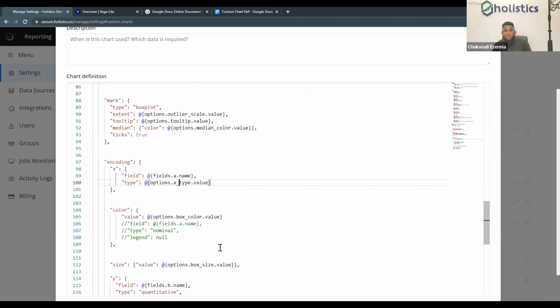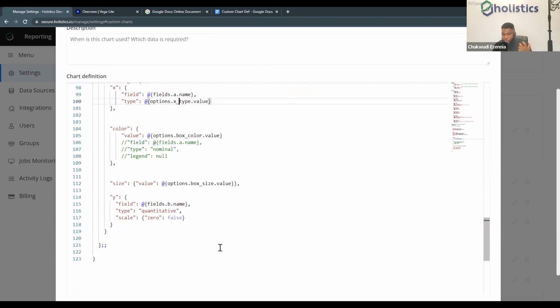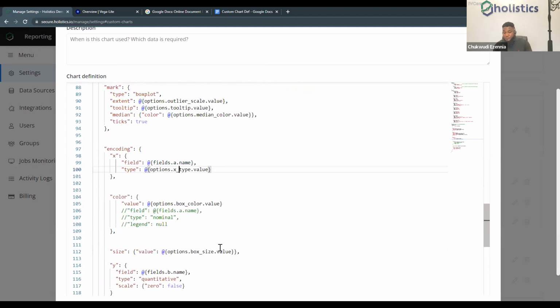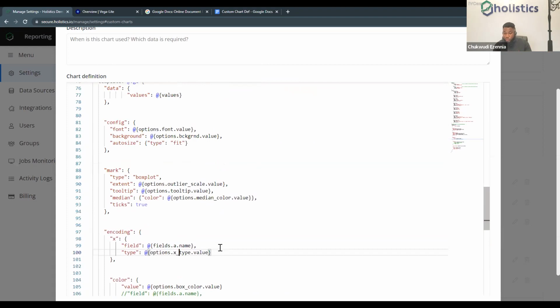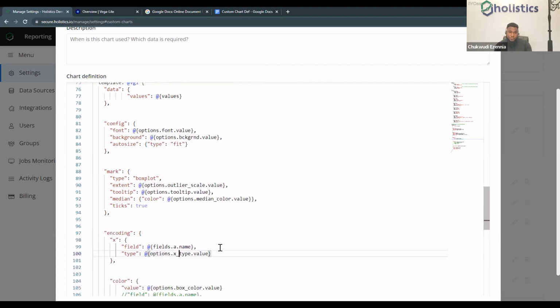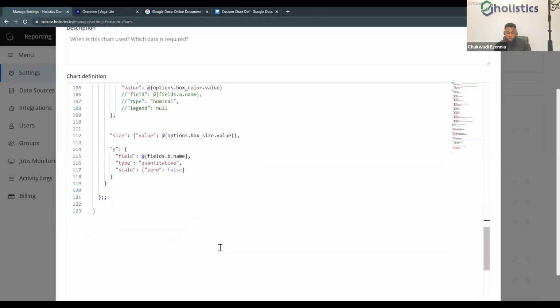All right, so this basically shows you how you can manipulate all of these things and pass in very, very unique values to them. So we kill the hard coding and make it a bit more interactive, right? So now we've reached the end of this particular chart definition, right? And we are able to see